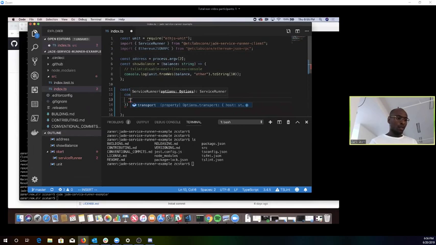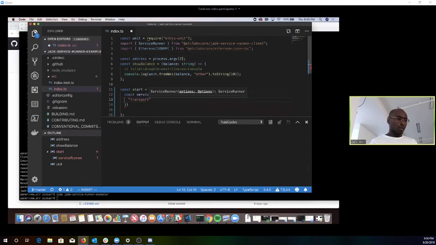All right, so transport. Because we're using TypeScript and typings, everything is nicely typed. We know what we're going to do and can just auto-complete your way to success. If you haven't downloaded the TypeScript VS Code plugins, I highly recommend it. It's really great. Okay, so the first thing we have to do is connect to the service runner